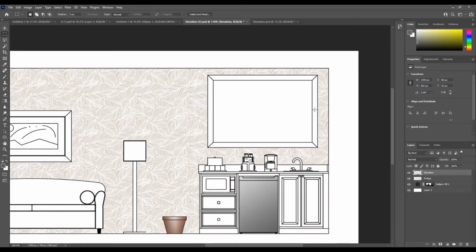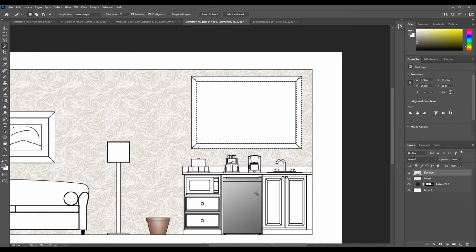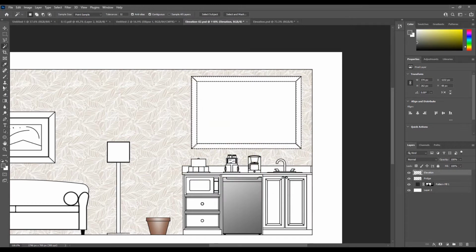Okay, so let's start picking the frame. When the elevation layer is selected, I'm going to use the Magic Wand tool to select this portion. I'm going to hold the Shift key on the keyboard to select multiple locations. And then the next thing I need to do is create a material, something similar to this. If you want, you can use a solid color or anything. If you are going to use a solid color, you just need to pick a color from here and then use the